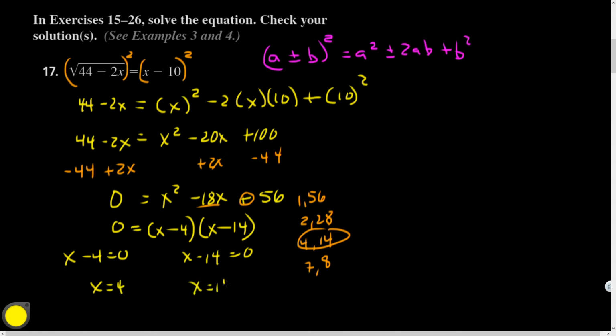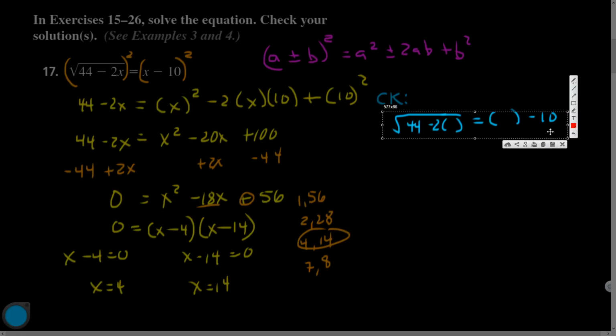X equals 14. Now, we can't believe them. They might be wrong. Even though I assume I didn't make a mistake, even if we do everything right, there's still a chance that they're extraneous. Extra solutions. So 44 minus 2 times x equals x minus 10. I'm going to plug this in twice. So I might as well